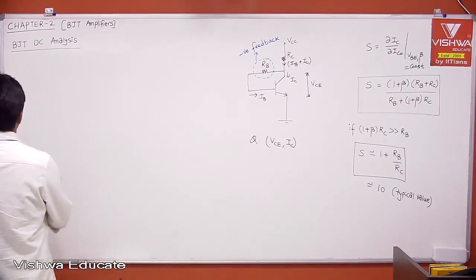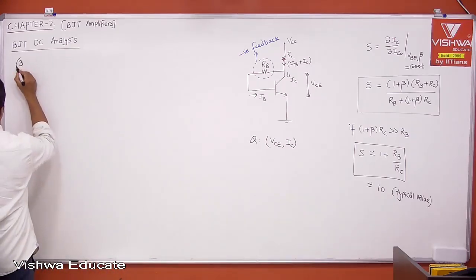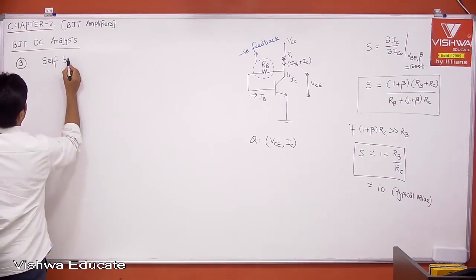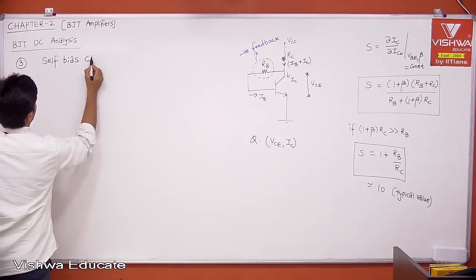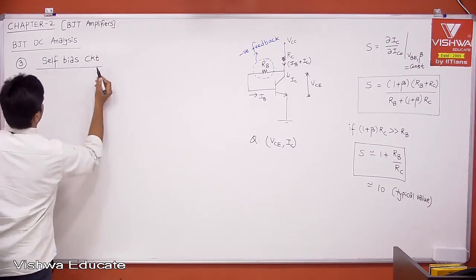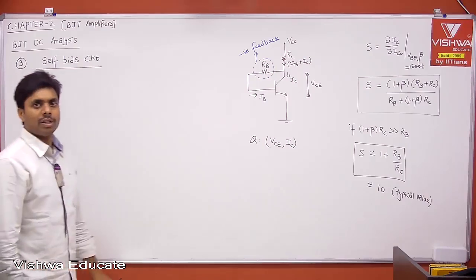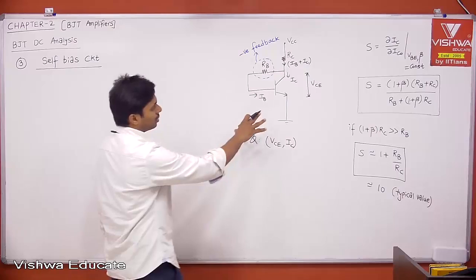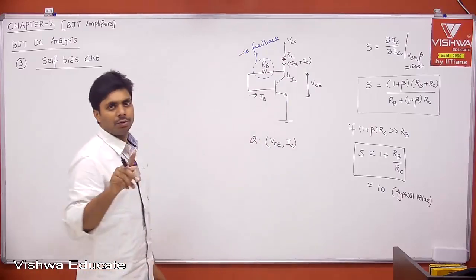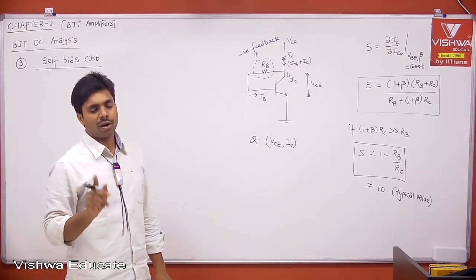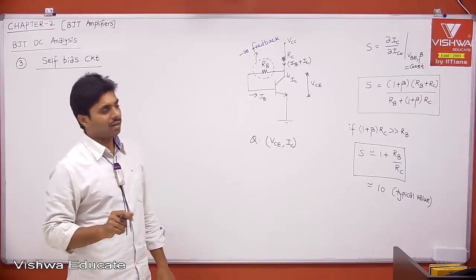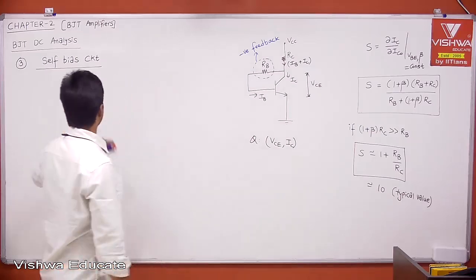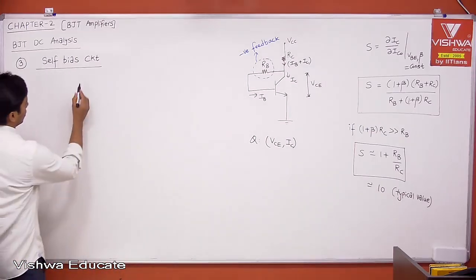After this, the third circuit is the self bias circuit. This is the last one from DC analysis. Actually, this is also called a self bias circuit, but as I told you, one name is not given to two circuits. Therefore, this is given the name collector to base bias, and the third one is self bias. The circuit is